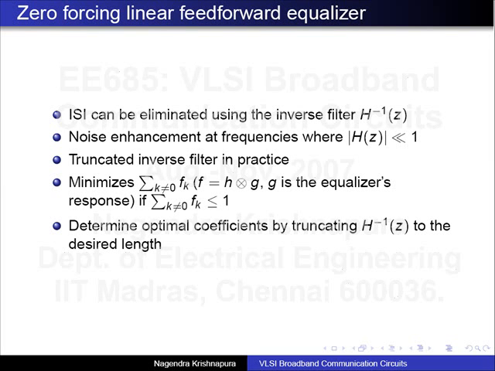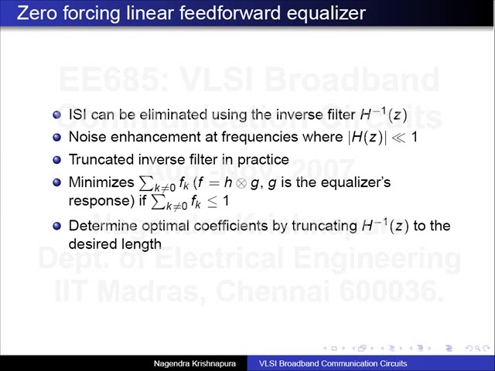So if you have a lot of ISI, you could have nulls, and in reality, you could have nulls because of reflections and so on. So if you try to invert it, clearly you have to provide a large gain where h is very small. That means that the noise at those frequencies is boosted quite a bit. Now in practice also, for a finite length of h, you need infinite length of h inverse. You truncate it in practice. What it does is,